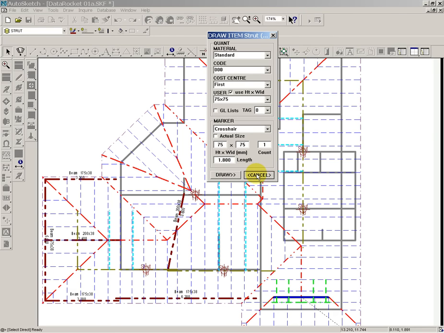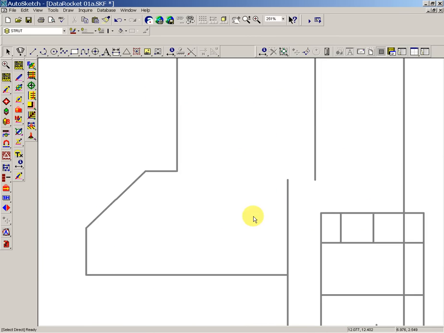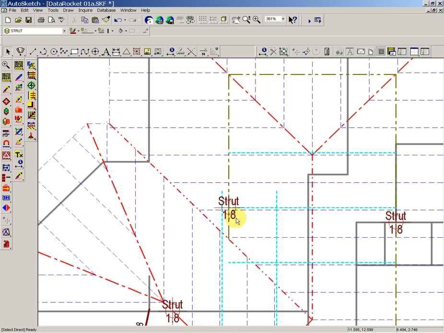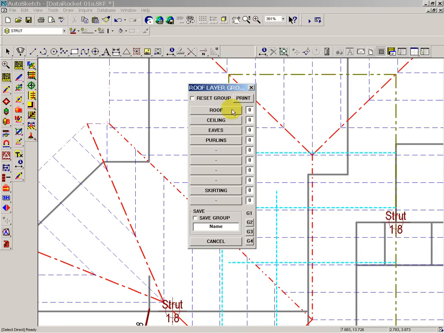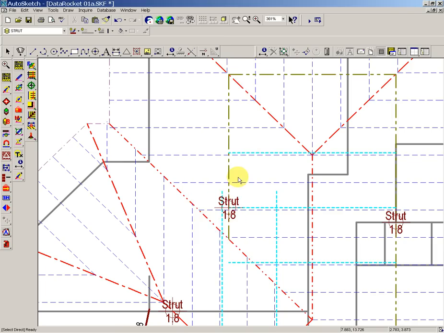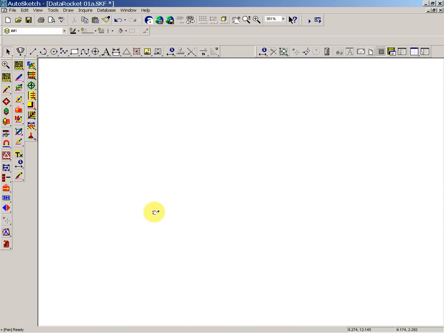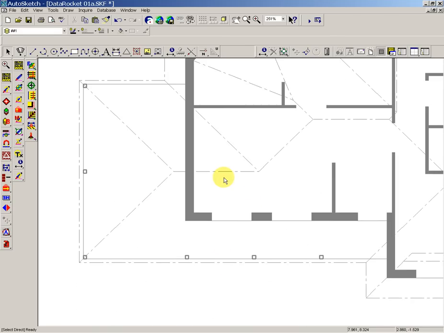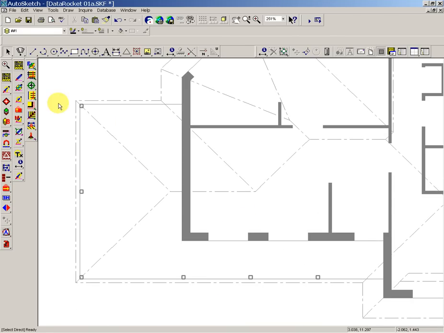Okay, just cancel that. If we look at these struts, we've just got strut 1.8. This is going to change in a moment. We're going to look at posts now. I'm going to go back to the trace setting, and we've got these posts around the carport. Item,